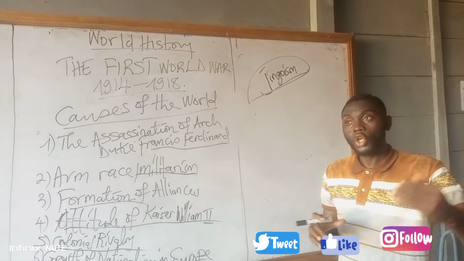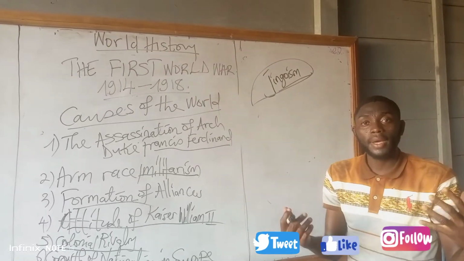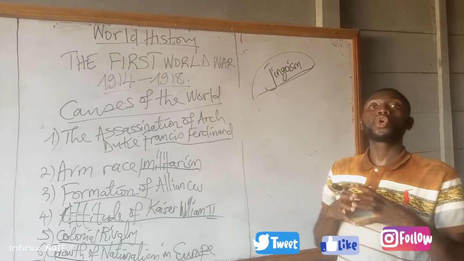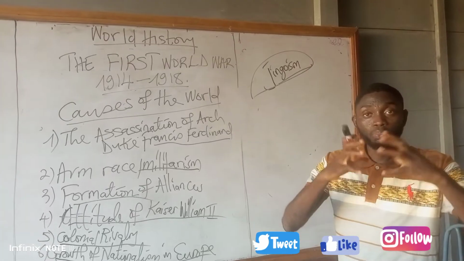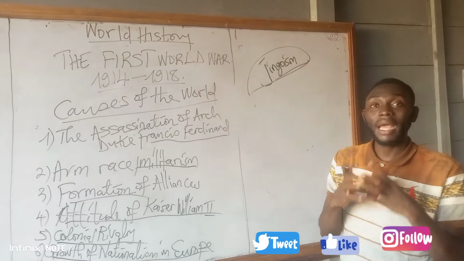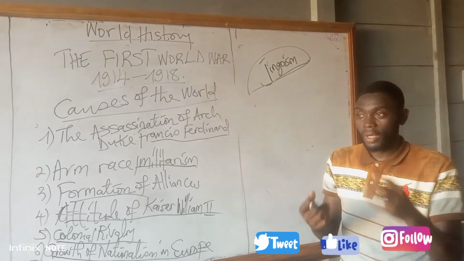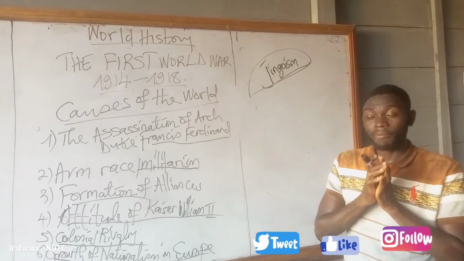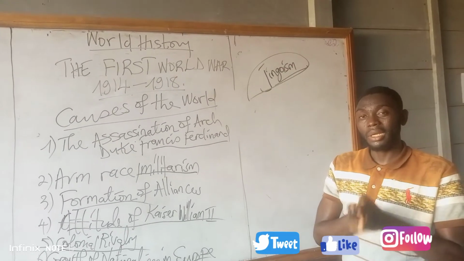And because of this, since a country could give information through the press on how she was building her military, it prompted another country to continue to build more soldiers, to continue to recruit soldiers, and to continue to build equipment, so that in time of war, she would be able to stand the test of time and compete with the others. Because of this exaggerated information from the press, the European nations easily went into a war, which was called the First World War, that started in 1914 and came to an end in